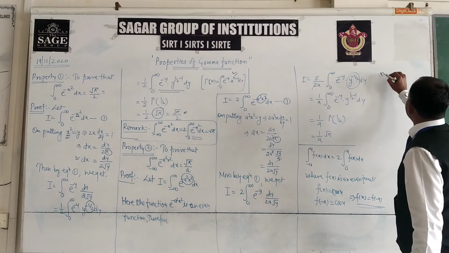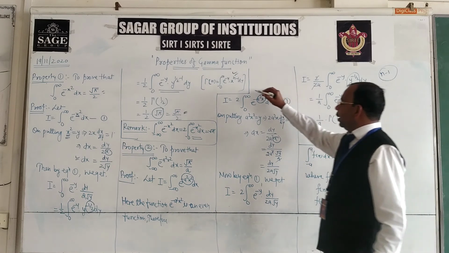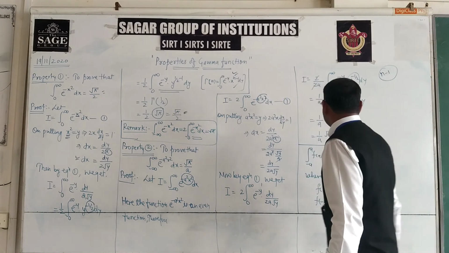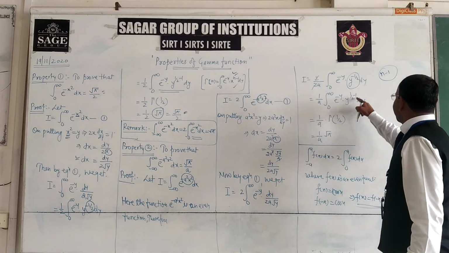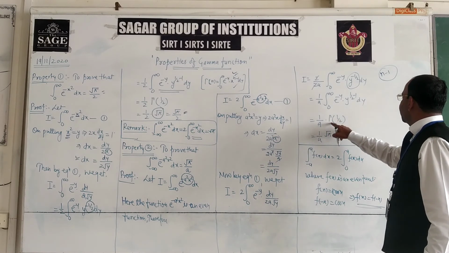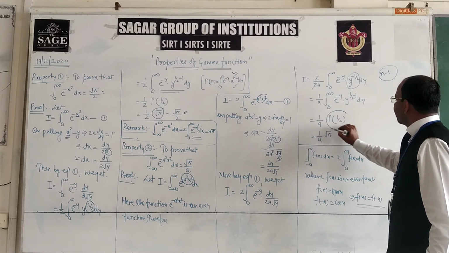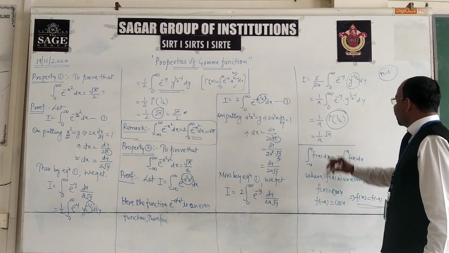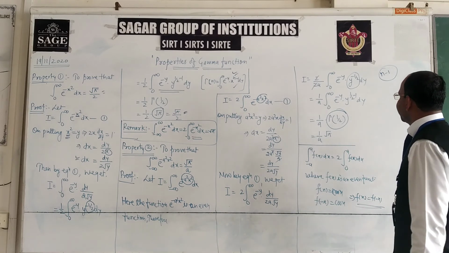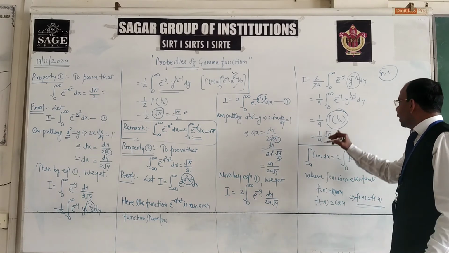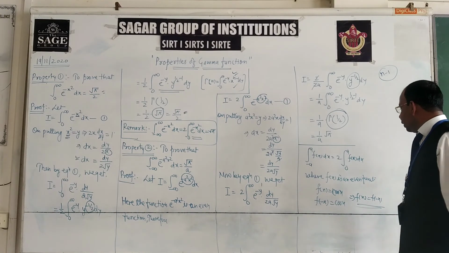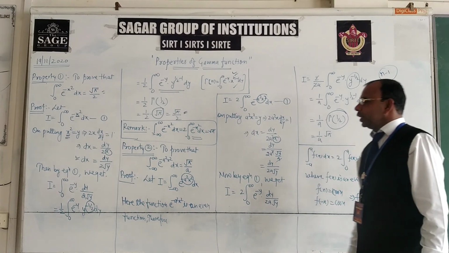Then the integral from 0 to infinity of e to the power minus y, with this term changed into n minus 1 format as per the gamma function. This will be 1 by 2 minus 1, so 1 upon a gamma 1 by 2, and gamma 1 by 2 is root pi. We have also proved this in the last video lectures. Therefore, under root pi upon a.